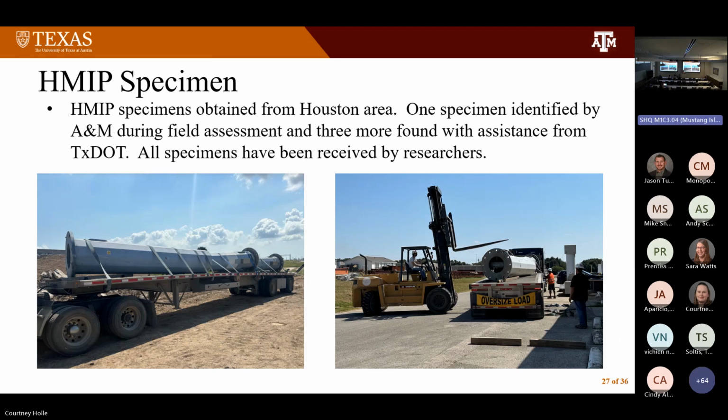On the high mast illumination poles, in one of the situations, the A&M group was handling Houston for the field assessment, and Stefan Hurlebus and the team were out there, going by Beltway 8, and they noticed some poles were being taken down. So they stopped and talked to the contractor. We actually asked for 2, but there was some miscommunication. The contractor sent one of them to the salvage yard, but we were able to get one that they picked up. So I contacted David here and said, if you know of any other poles being taken down, it'd be very useful for us. Well, David found there were some over in Dickinson, right on I-45, that they were also taking down. So we were able to get 3 poles from that region.